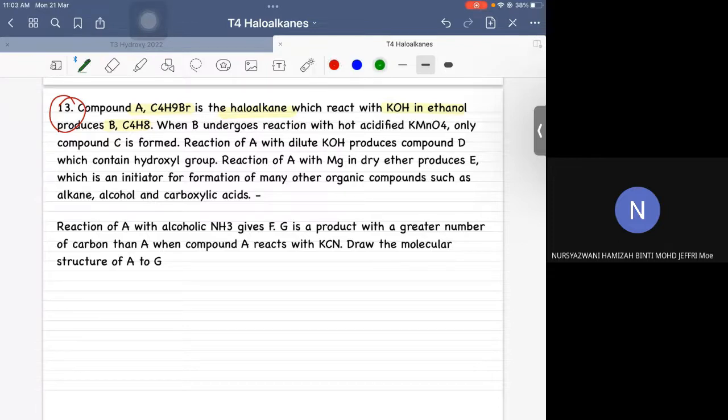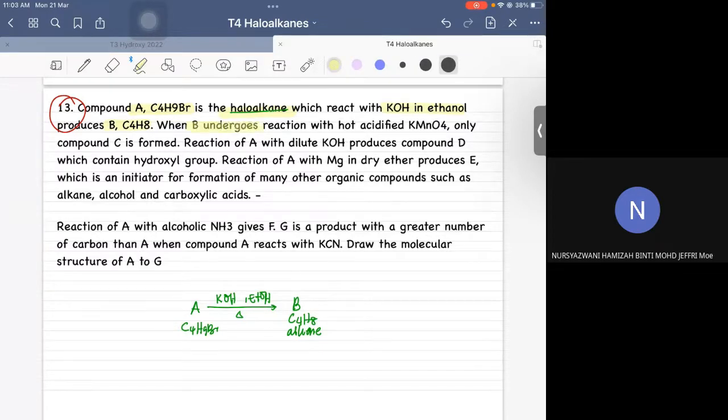A react with KOH and then ethanol, producing B. B is C4H8. So this one C4H9Br. So kita tahu A adalah haloalkane, therefore B is alkene. Okay, ini soalan tak bagi tahu, haloalkane je soalan bagi tahu. Next adalah